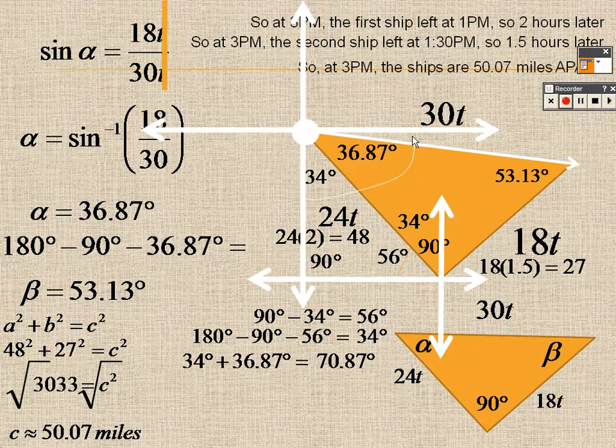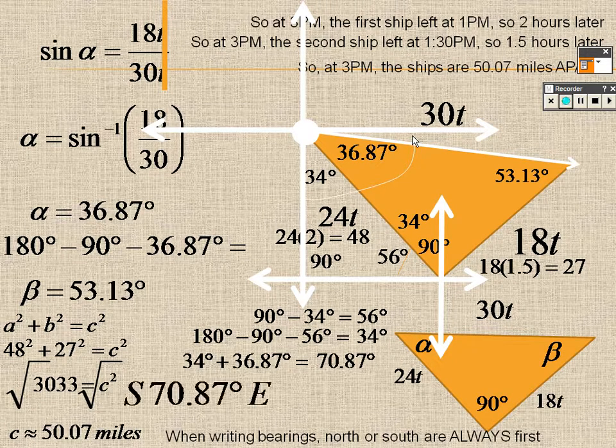Because if that whole big thing is 90, that's 34, that's 36, that little tidbit in there. You do 90 minus the 70.87. So you can figure out how far it went and in what degree. It went